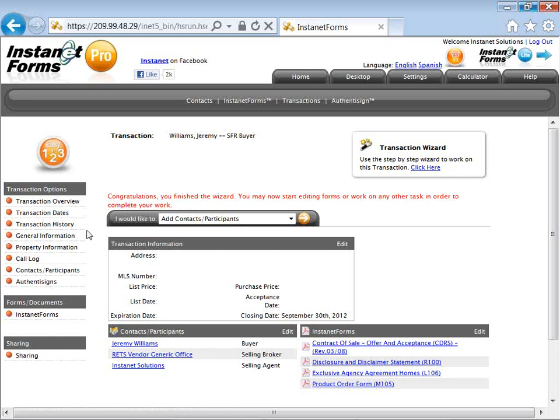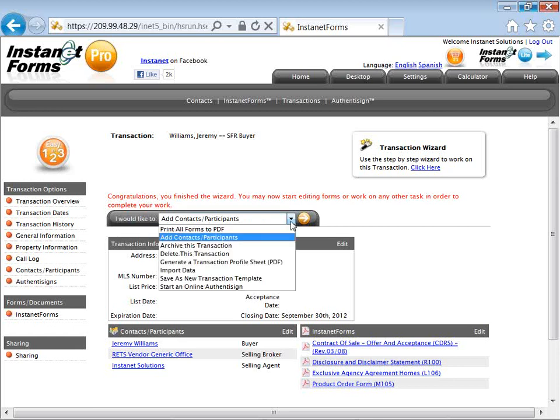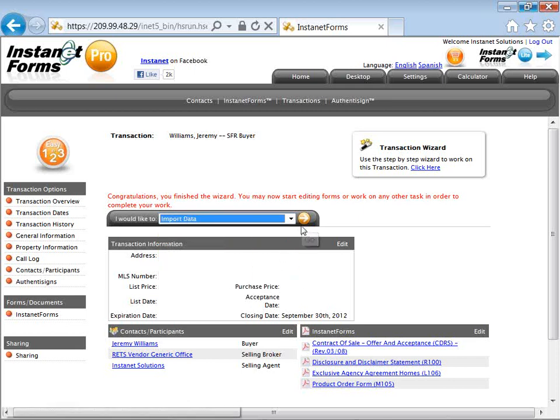Transaction overview is what we're looking at. I would like to is the phrase I want to continue to emphasize. When you see that phrase, you're going to have choices. Within the transaction overview, I would like to menu. We can print forms to PDF. We can add more contacts. We can archive our file. We can import data into our existing transaction file. We created the Jeremy Williams file. We can now import property information or other details into our file. I would like to import data, clicking on